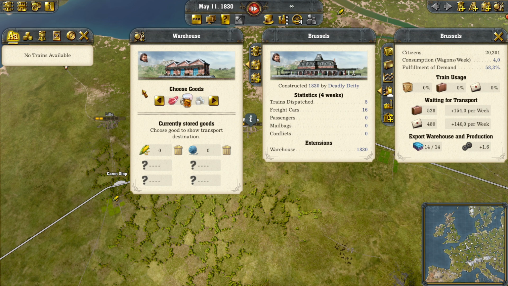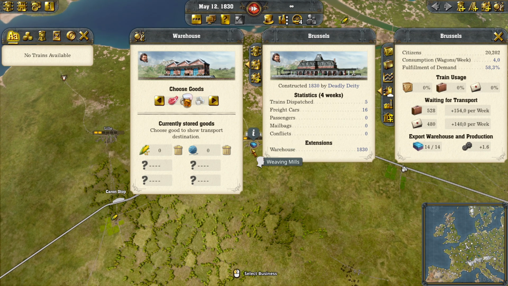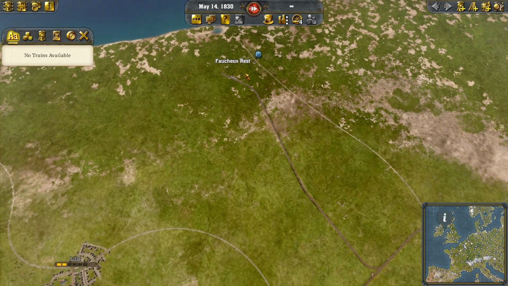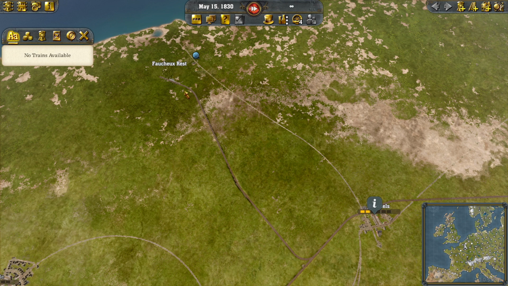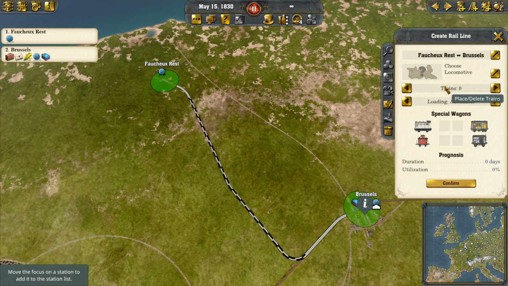So let's talk about warehousing, a little bit more nuance on it. Let's say you've built a warehouse in kind of a middle settlement or area that you'd like it at. Let's say you want to put wool in it and store it there. As you can see here from Fosho Rest, you are basically generating wool. So let's go ahead and just send wool